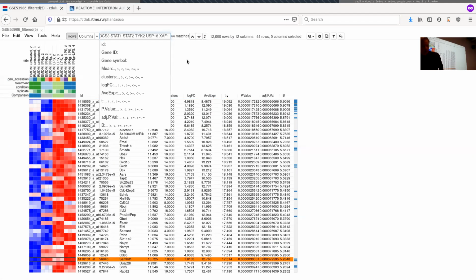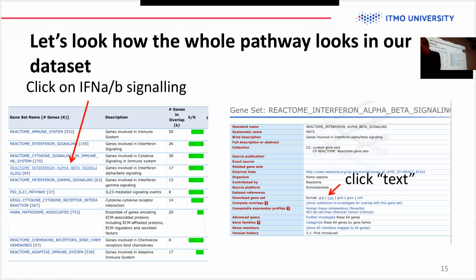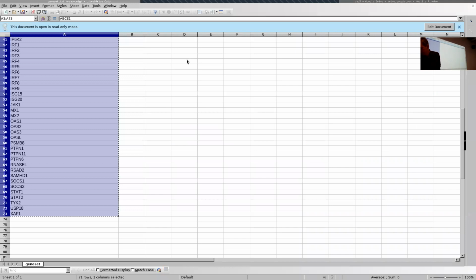One thing to notice again is that the genes in this pathway are in uppercase, right? This means that they are human genes. Only human genes are named in uppercase. All other animals have the first letter uppercase and then lowercase. So these are human genes, and what it means is that the genes in the MSigDB, at least